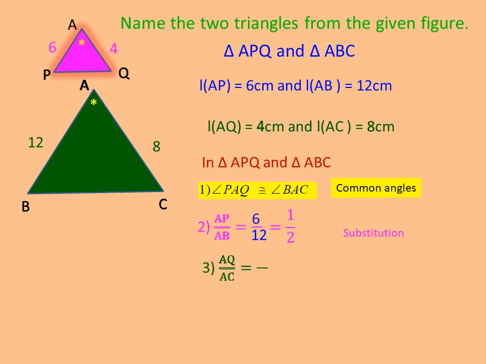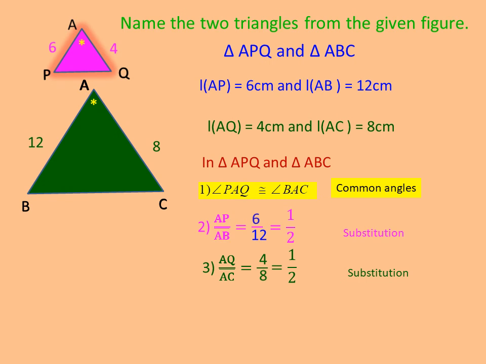Second one, we are finding out the ratio of AQ upon AC. So now we are going to substitute for it. 4 upon 8. The reasoning we will give is substitution. Now we are going to simplify. 4 one time, 4 two times. So we got answer equals to 1 upon 2. You will find that AP upon AB also value is 1 upon 2 and AQ upon AC also value is